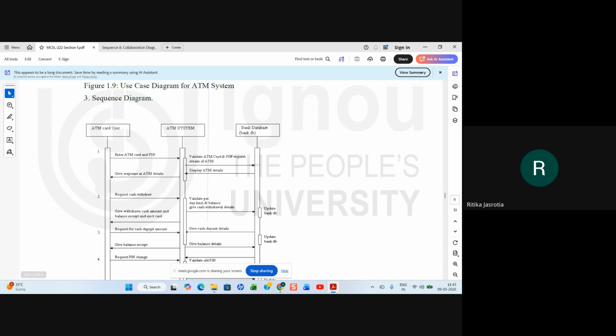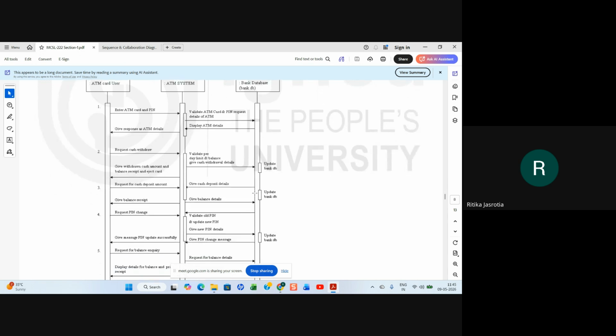If he requests for cash deposit, then give cash deposit details, update the bank account, right? So give balance receipt, right? And the balance details are given to the ATM system, and ATM system gives the balance receipt to the ATM user.